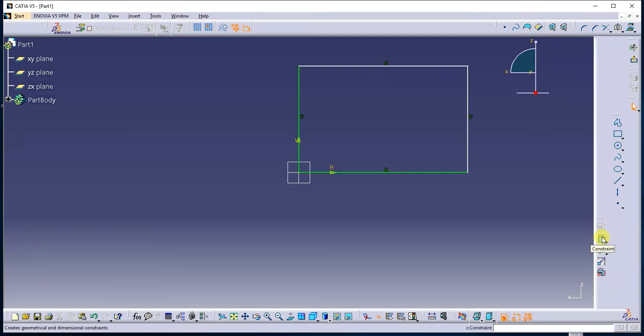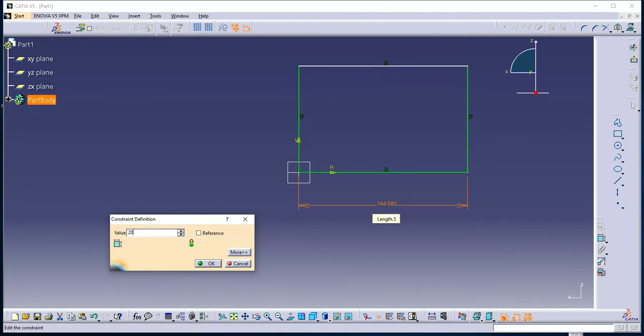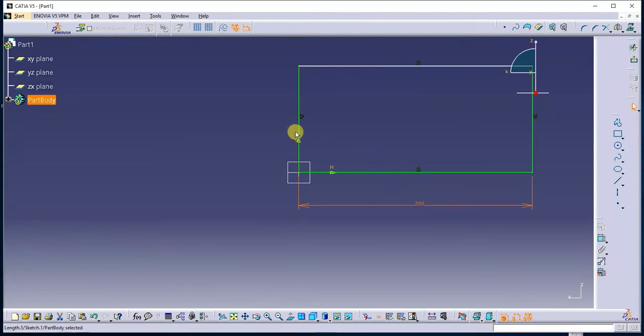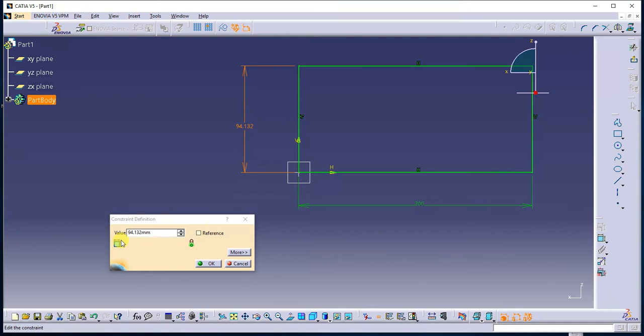Now I'll go for giving the dimension for this line. Let us assume this is 200 mm for example, and next the height of this rectangle, let us assume 100 mm.